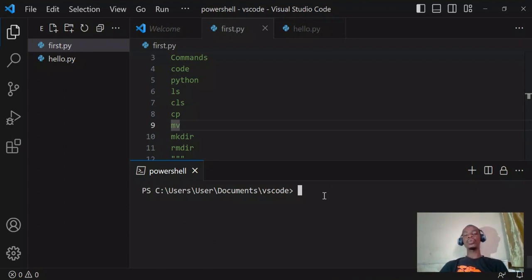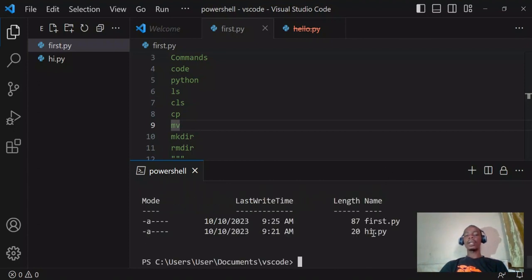We use the mv to rename and also to move a file from one directory to another directory, or from one folder to another folder. So to rename it, I can say mv and then hello.py. Then the new name I want to use for it. So I'm going to say something like hi.py. So in this case, it's not going to move it anywhere, but it's going to rename this hello to hi.py. So once I strike enter now, you see that they have crossed out this hello. There's no file called hello anymore, but we have hi now. So once I list the content in this folder, you see that I have only first.py and hi.py. So this is how we can use